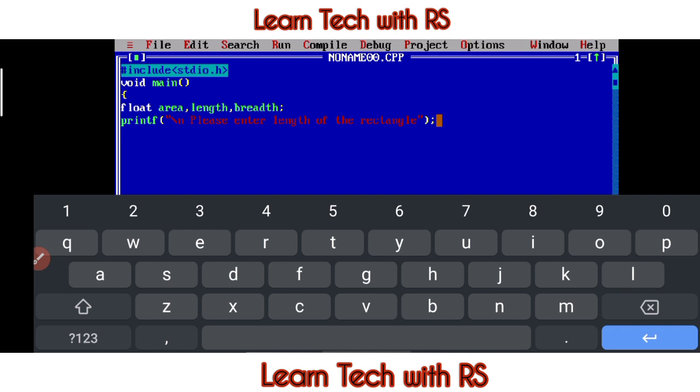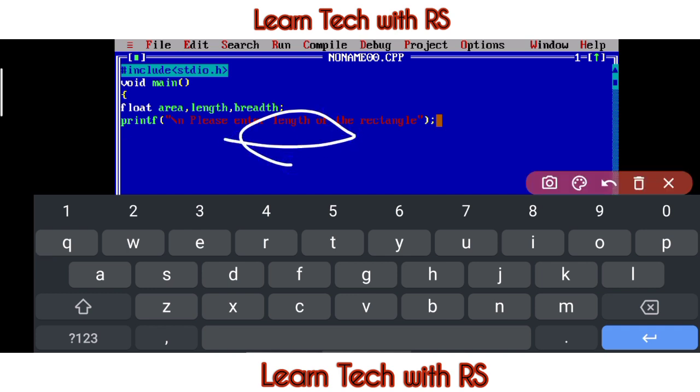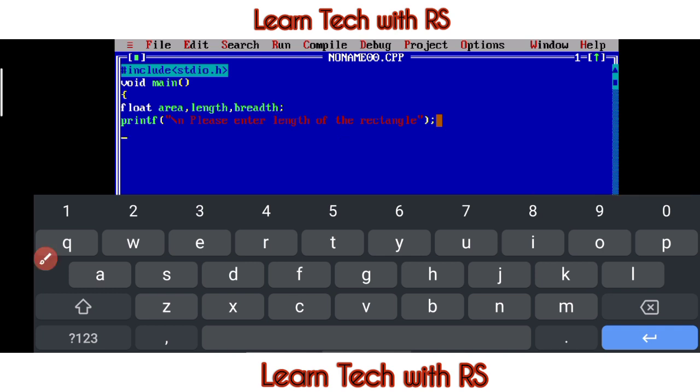The next line is for length. Now we have put only the length. Earlier there was length and breadth, you can do that also, but today I will do length in a different line and breadth in a different line. So no need to worry, it's all the same. You have to write the command 2 times in one only, that you have to write. I will explain at some other time.